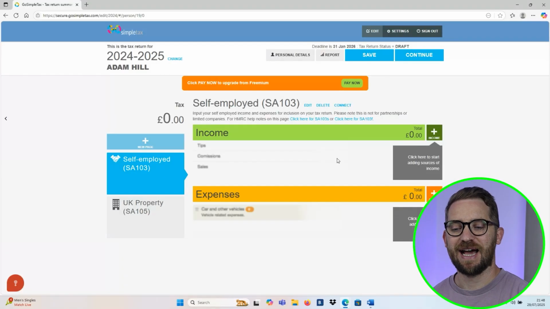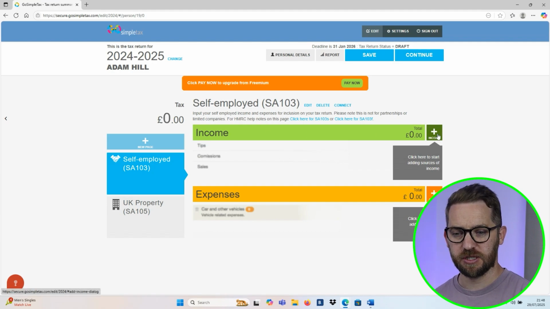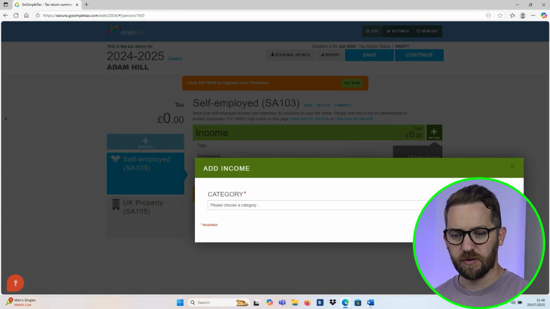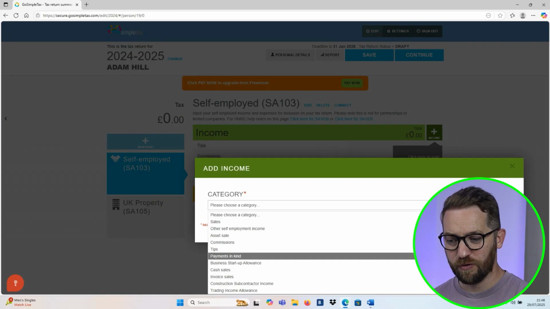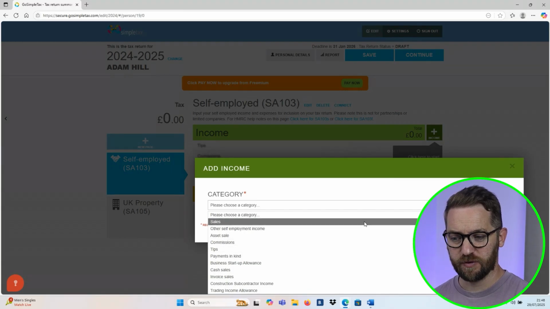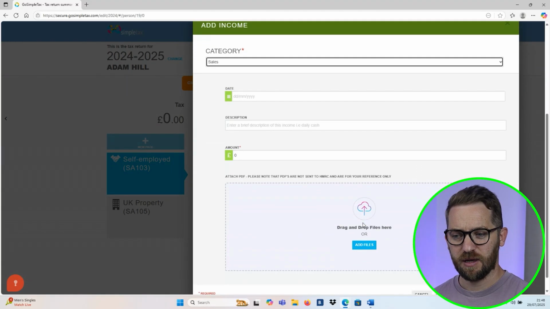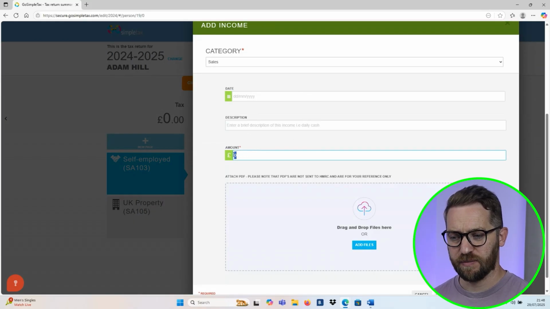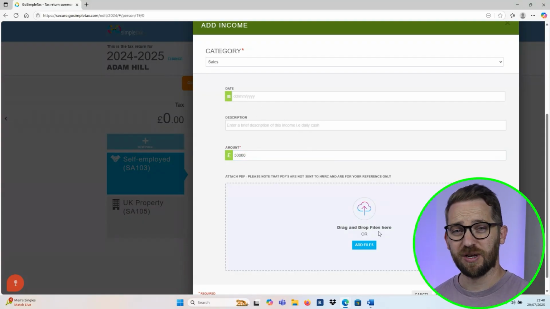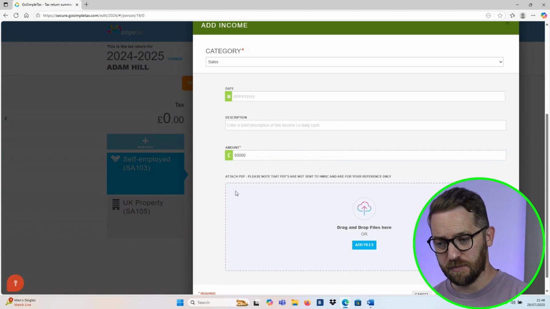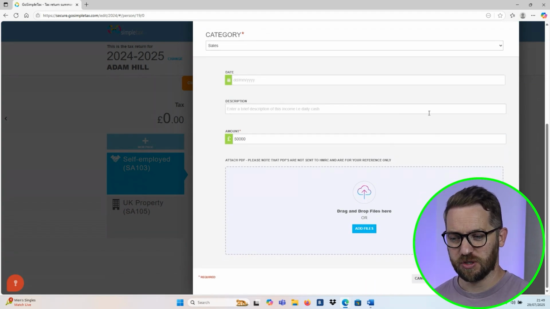We're now at the point where we can actually enter some of the numbers behind the self-employment. So to enter income, what I'm going to do is click on the plus income sign just to the right hand side here. And then from the drop down, we're just looking for the most relevant category. So from here, don't overthink this too much, but for me, the most relevant would be sales. And again, I'm going to go with the minimal amount of information. So let's say I had 50,000 of sales. I could provide a date if I wanted. I could provide a description. I could attach receipts and invoices and supporting documentation. In this example, I'm just going with the single figure of